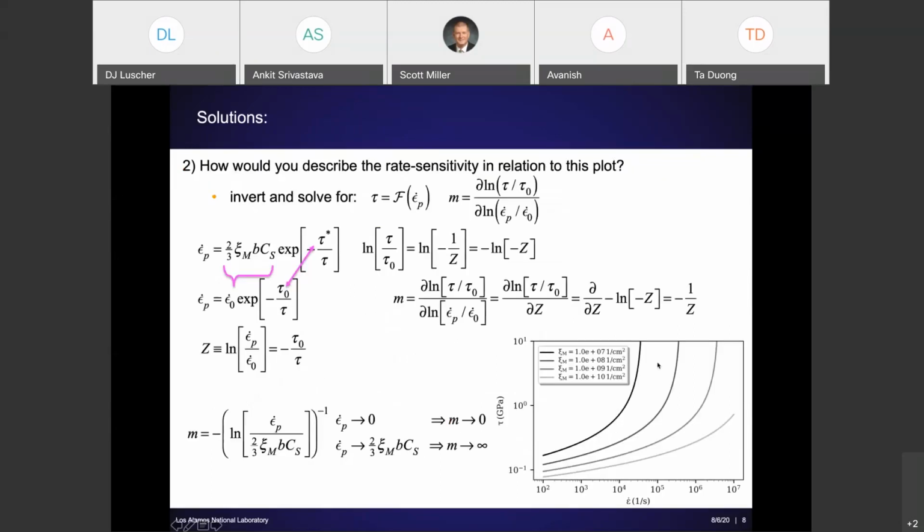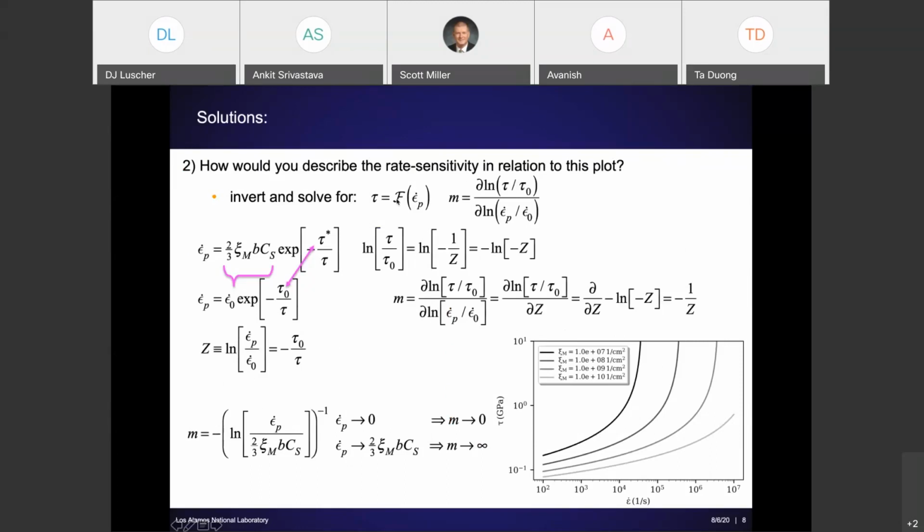Okay, so then the second question is, how would you describe the rate sensitivity in relation to that plot? Well, I didn't actually see the lecture, so I'm not sure how the rate sensitivity and plasticity was described to you. But